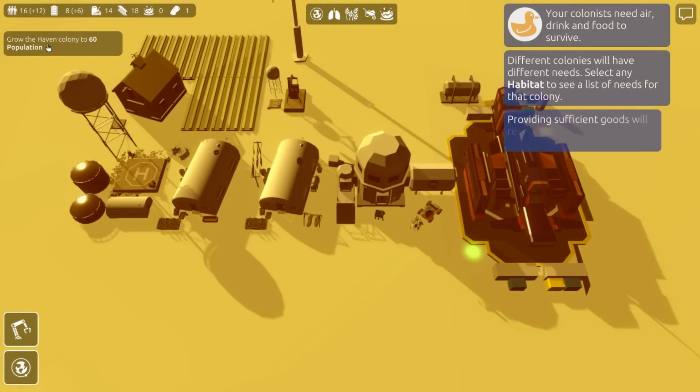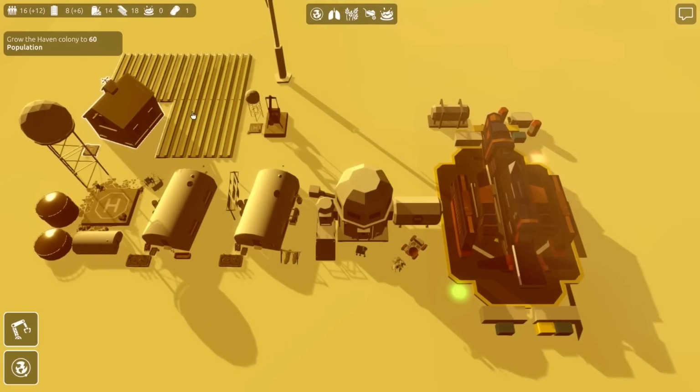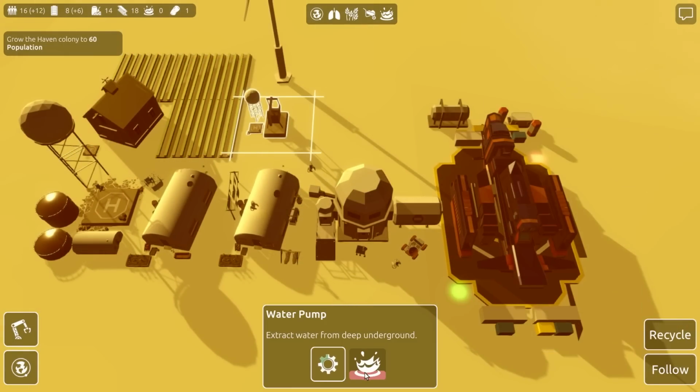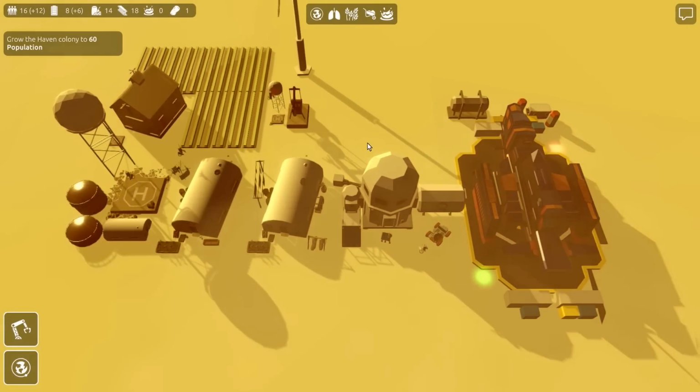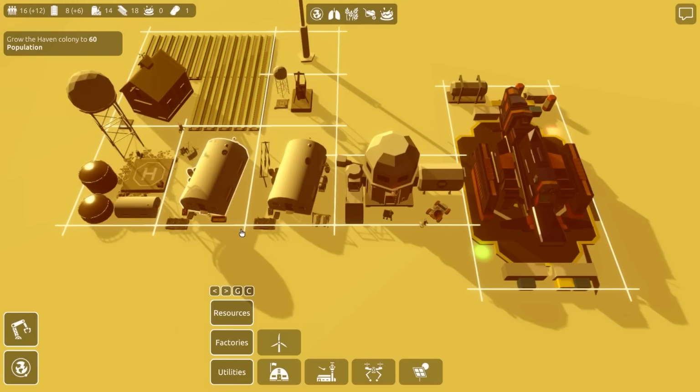Okay, grow the population of the Haven colony to 60. We can do that. In fact, it's going to be pretty easy for us to do. We just need to make sure that we don't ever get too ahead of ourselves with regards to water or with regards to food. But either way, I'm pretty confident that we can get there. What we can also do